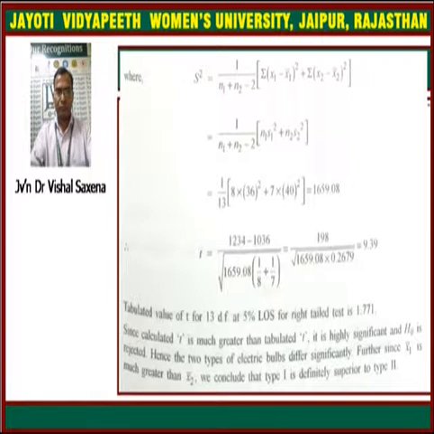We just have to put the values of n1 and n2, which according to this formula can be simplified as 1 upon n1 plus n2 minus 2 into n1 s1 square plus n2 s2 square. So we put the values of n1, n2, s1 square and s2 square in this s square formula. So this will be obtained as